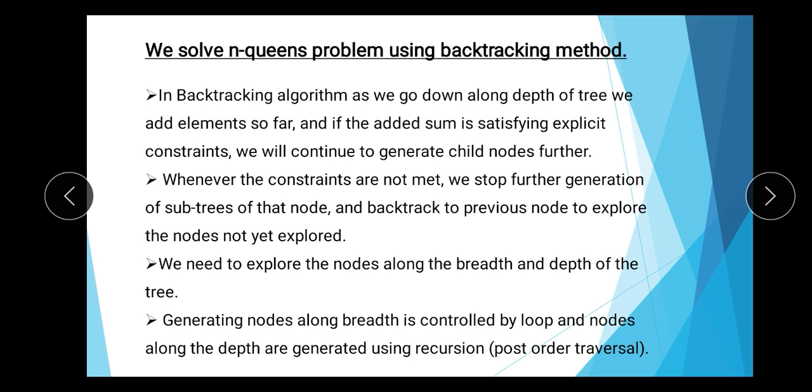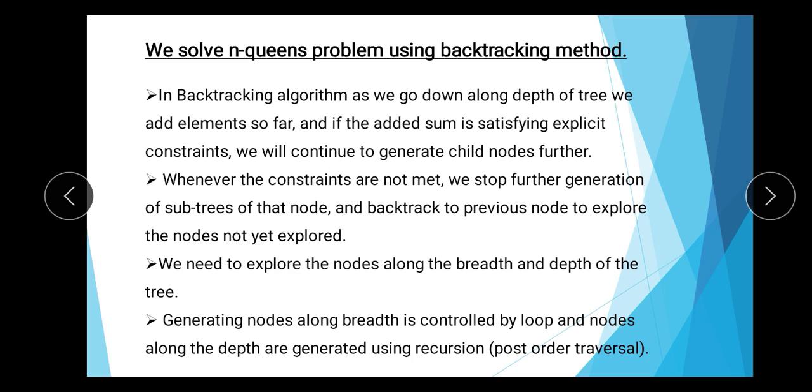If we find the solution, we return that solution, otherwise we backtrack to the original problem and then take another option. With that option again we try to check whether there is any chance to find the solution. If we find the solution, we return that solution, otherwise we backtrack to the original problem and move to the next option. In this way, in the backtracking method, each and every option is tried till it can find the solution. As soon as the solution is found, the process stops. In this way the backtracking method works.